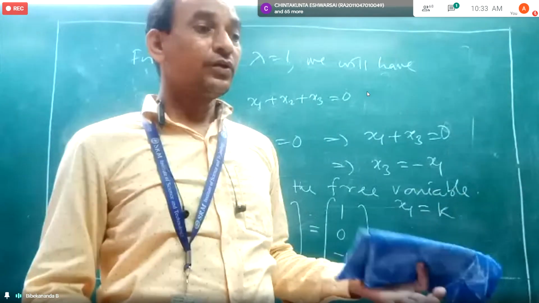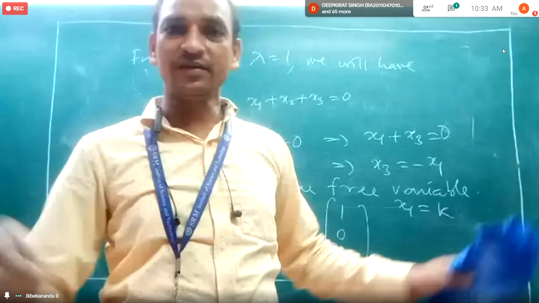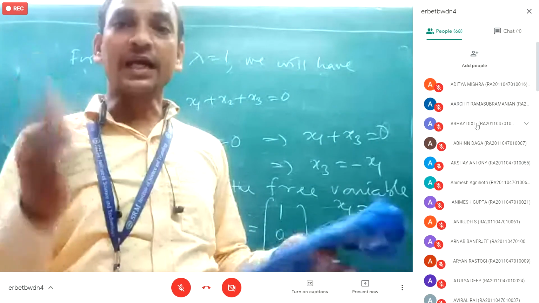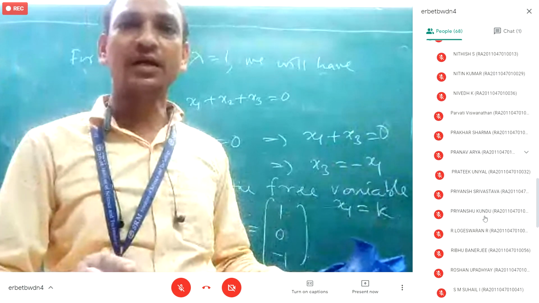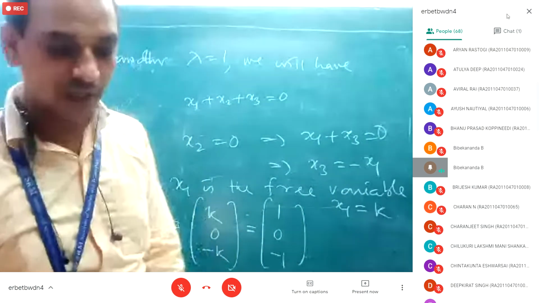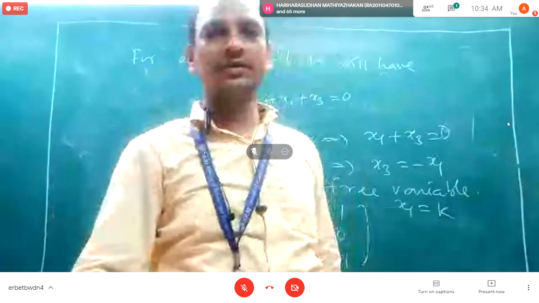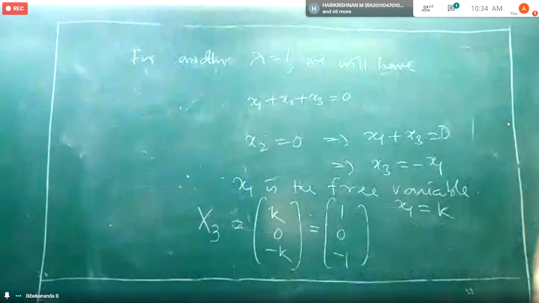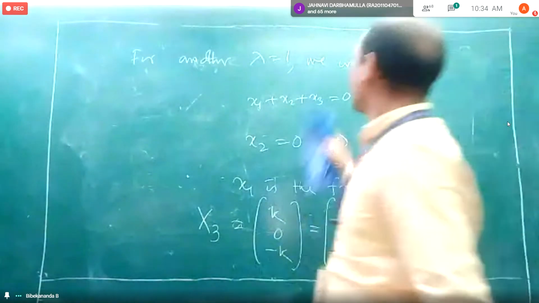Okay, so we discussed so far two cases. One is when all eigenvalues are distinct, and the other is when some eigenvalues are repeated. In the case of any square matrix, we have not put any restriction on the matrix. It may be any square matrix, but the eigenvalues are repeated. Now another problem we will do is when it is a symmetric matrix and the eigenvalues are repeated. Now the next question is on a symmetric matrix.